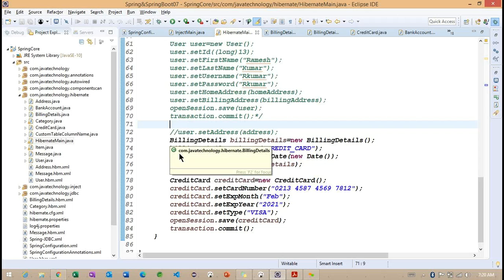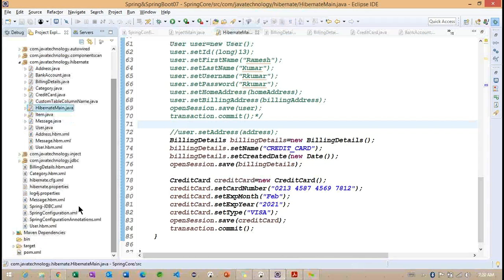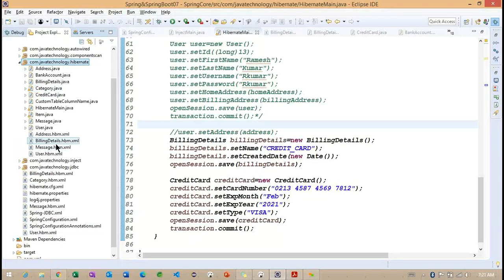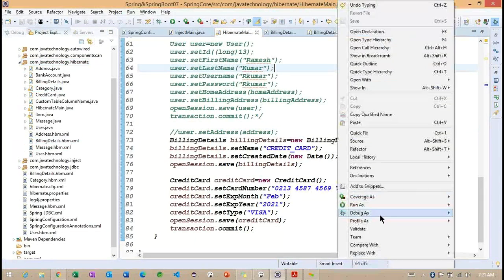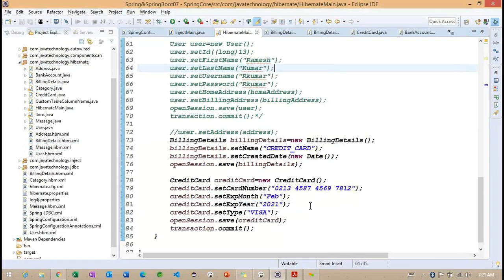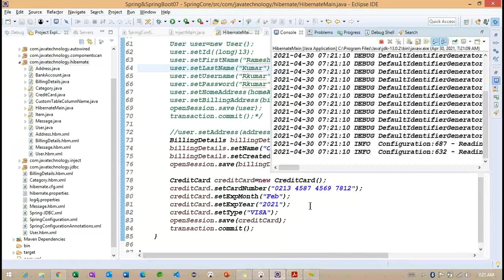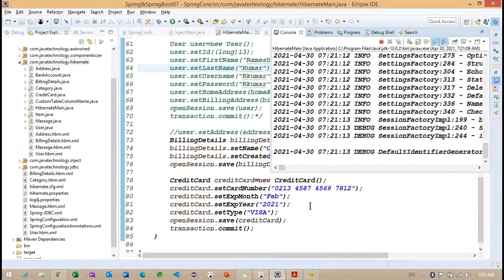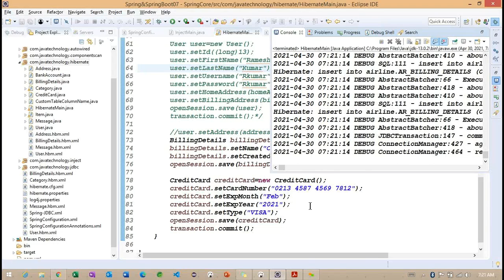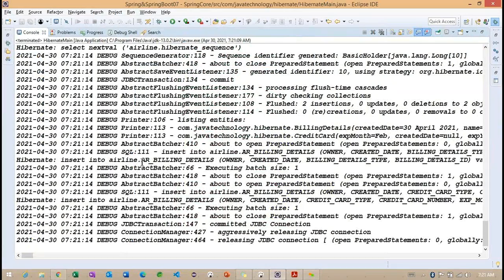Okay. So where we created this particular billing details HBM file, I think we created in our source directory. Now I added into same package because we are working with the add class here. So which is going to check with the current location.